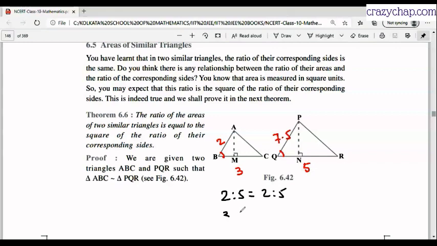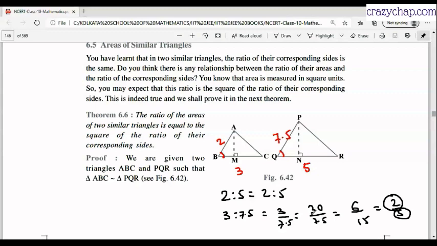Check 3 with 7.5. So 3 over 7.5. Multiplying up and down by 10, we get 30 over 75. Simplifying them by 5, we get 6 over 15. Sorry, 2:5. So they are equal now. So let me mention that side AB I compared with QR